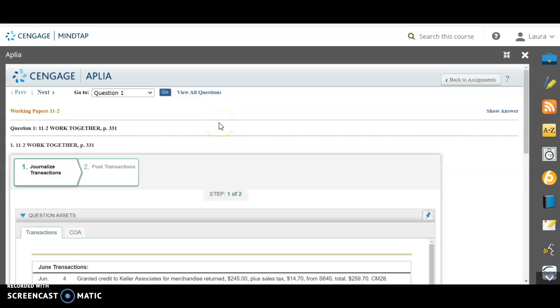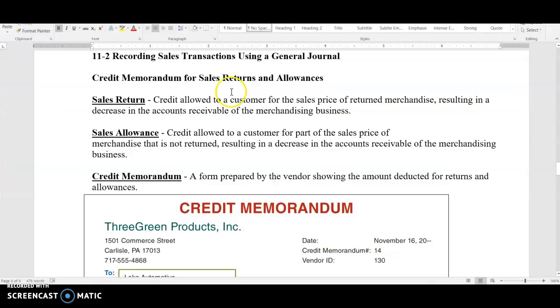This video is going to take us through the second section of Chapter 11, so 11-2. Just to review real quick, it's going to be recording sales transactions in the General Journal. The first part was recording the purchase transactions in a General Journal. This time we're going to be dealing with granting our customers a return or a partial allowance on